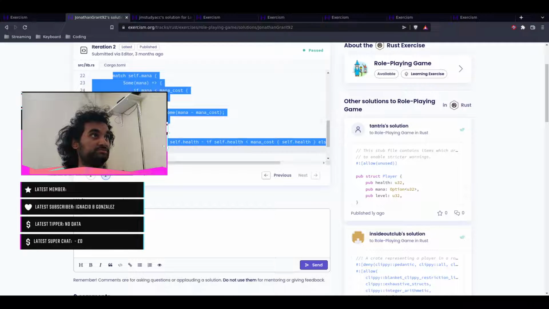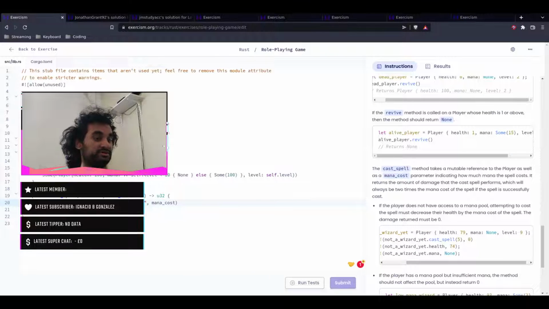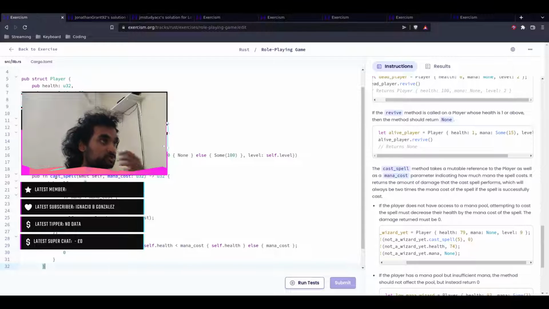So they just use a match, which is basically like a case statement. It's a fancy case statement. That's the best way I can explain it. So let's copy paste and try to understand this. So you're checking their mana. If they have mana,